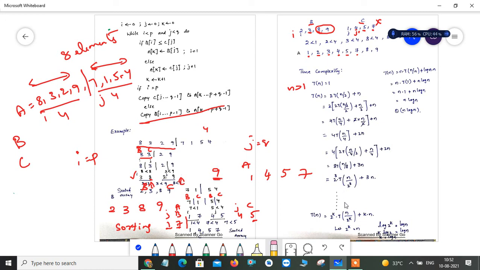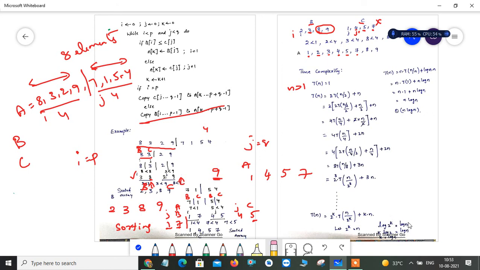You can solve this for some number of times k. At that particular time you are getting 2 power k into T of n by 2 power k plus k into n. Let us take 2 power k equals n, then you can simply write the time complexity like this.